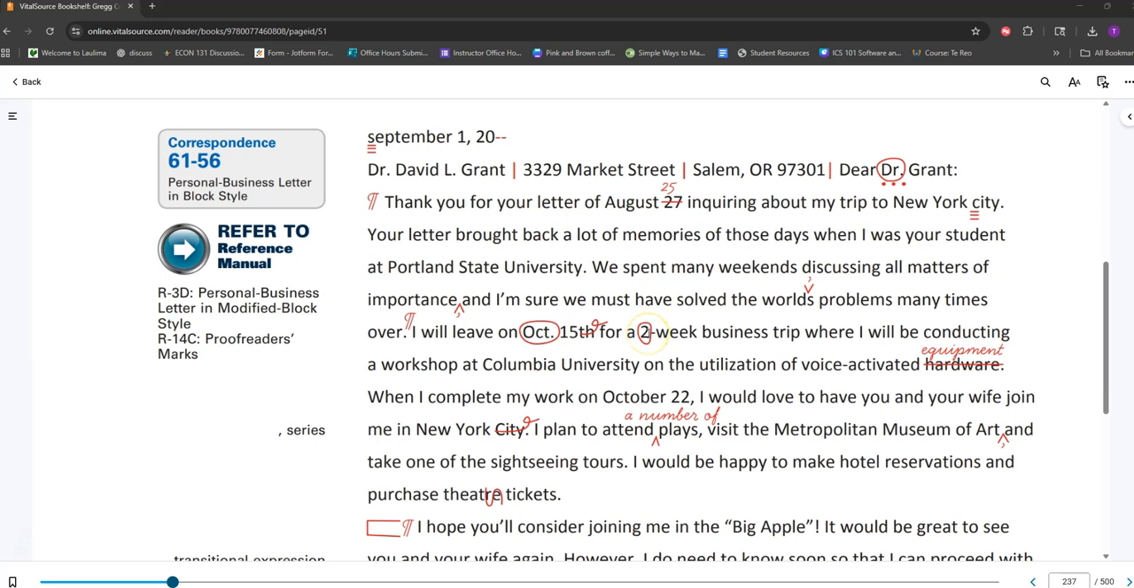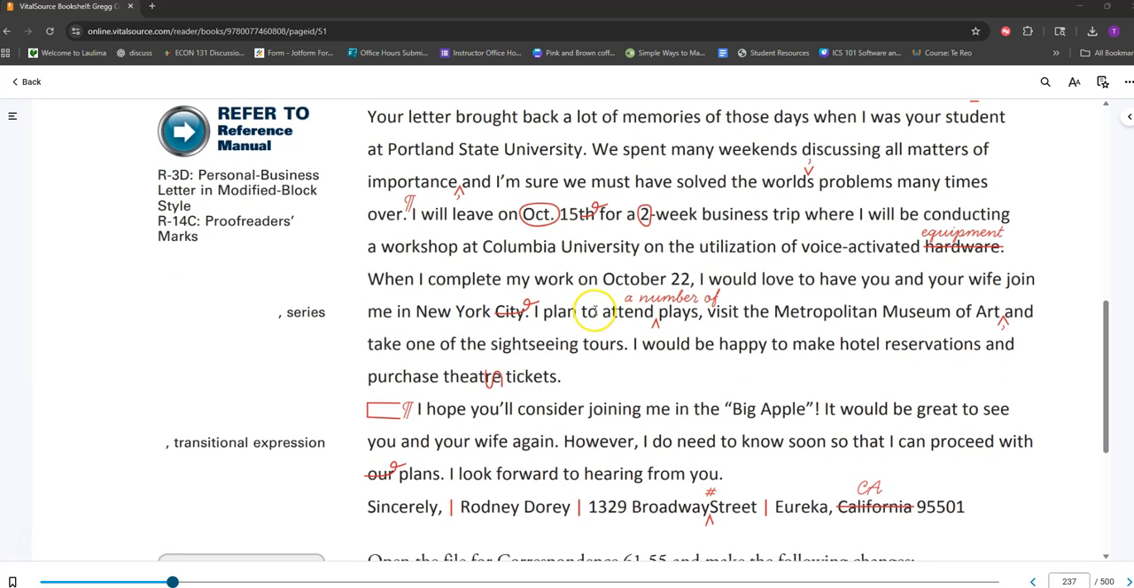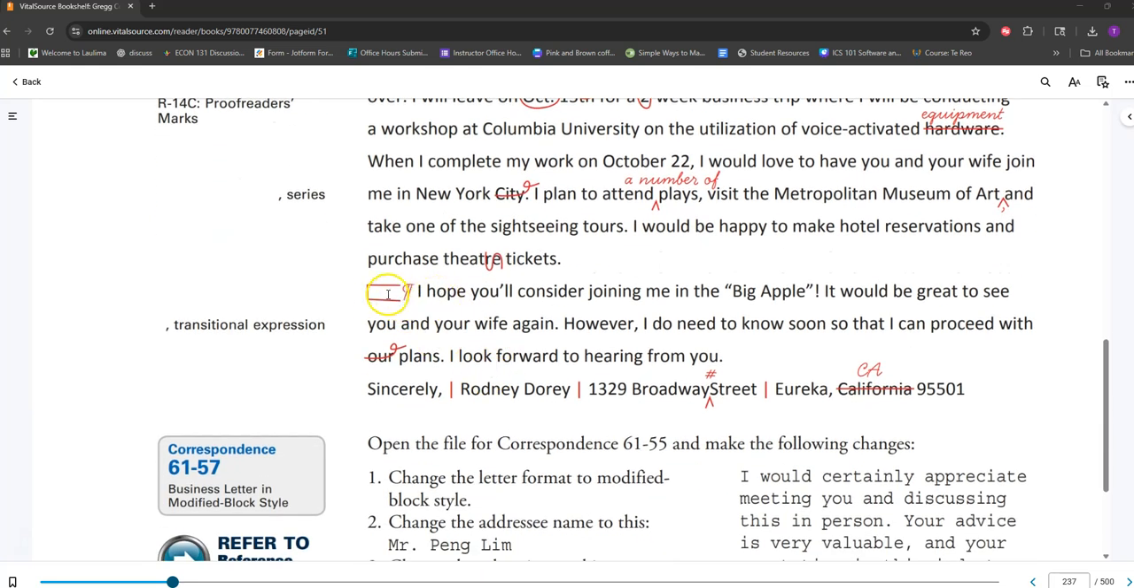To needs to be spelled out as a word. We're changing hardware to equipment. Removing city. Inserting the words a number of. Also inserting a comma here. We're also spelling theater tickets with ER instead of RE. This paragraph does not need to be indented. Also, we're removing the words our plans, inserting a space here, not the number symbol, and then we're changing California